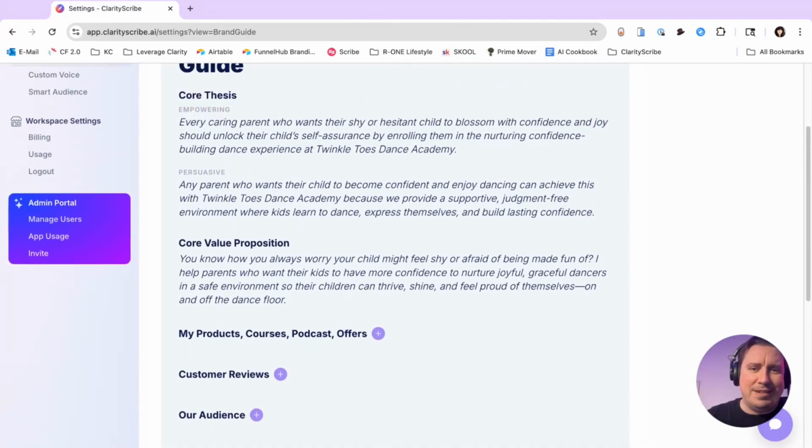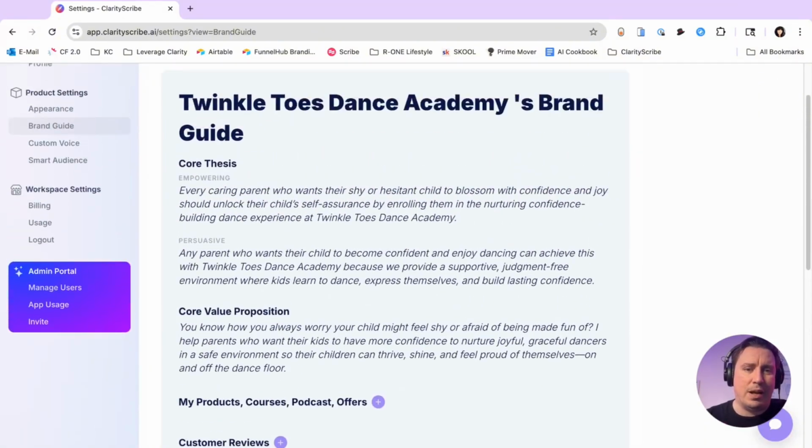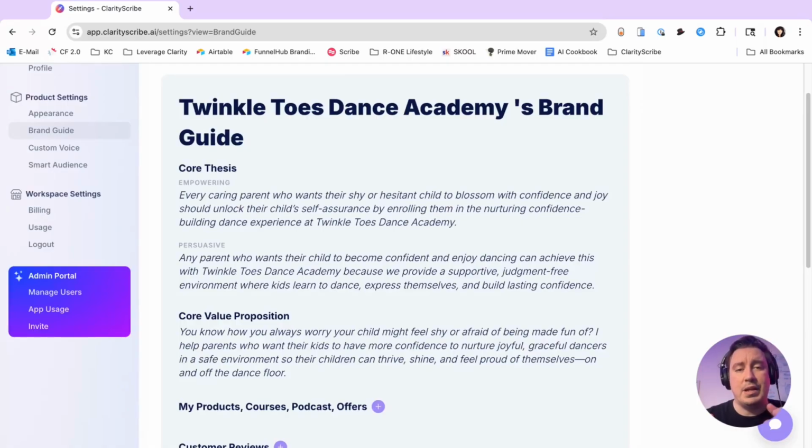That's really good. Yeah. So already it's being able to combine everything that we know about our brand and put it together in some very meaningful marketing language that can attract a buyer. And these different statements are used all across the different tools inside of ClarityScribe. So these are core chunks of powerful information about your brand, so things stay consistent and compelling. The persuasive one was really, really good.